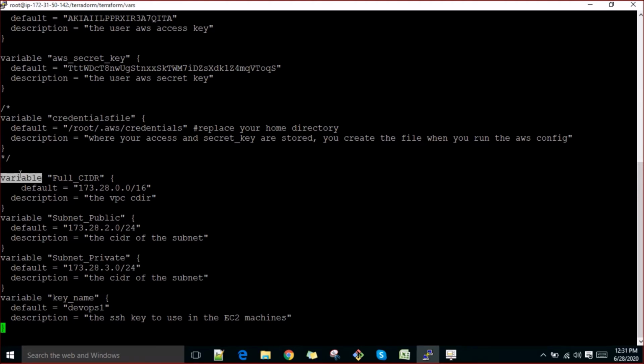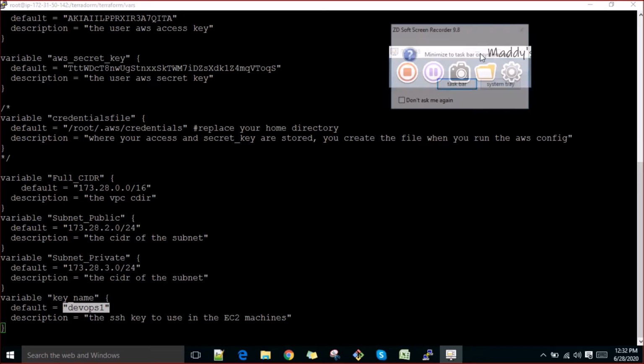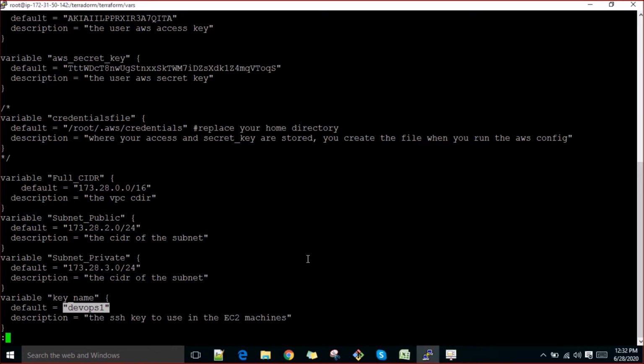The next variable I'm going to define here is variable. In variable I'm saying full CIDR, and the CIDR would be this, and we are creating another variable. We are saying public subnet 1 and private subnet, right? Two variables, and we have given the values here also. And at the end we have created one more variable with the key name, and to the key name variable we have given the value DevOps1. This key name holds this DevOps1 value. Any questions so far? Right, so that's what we have defined, all the variables, right?